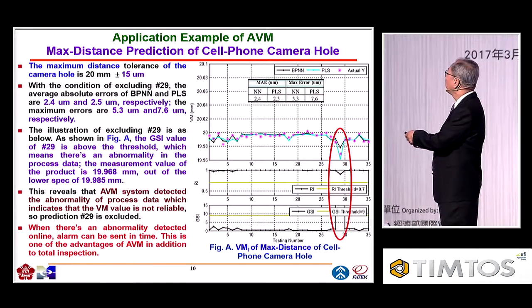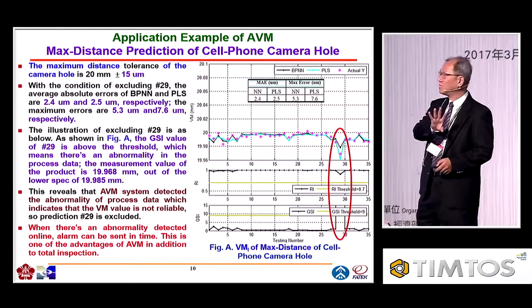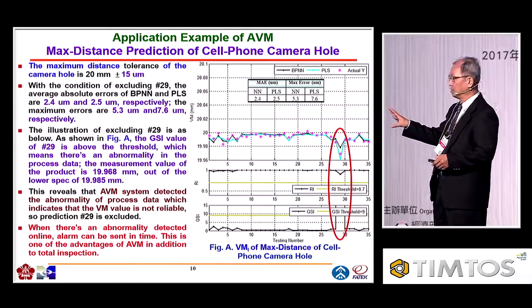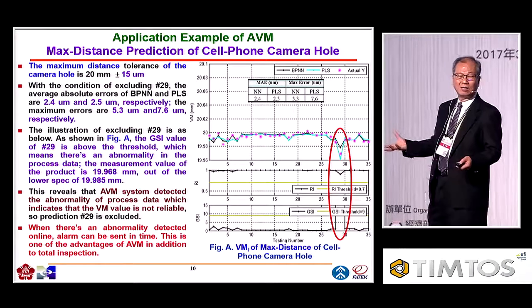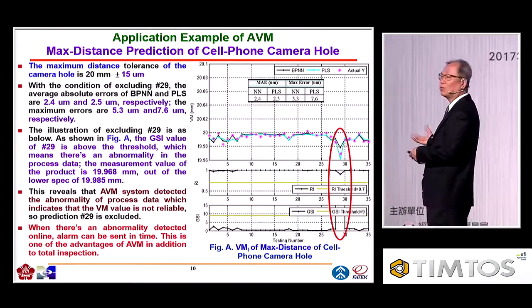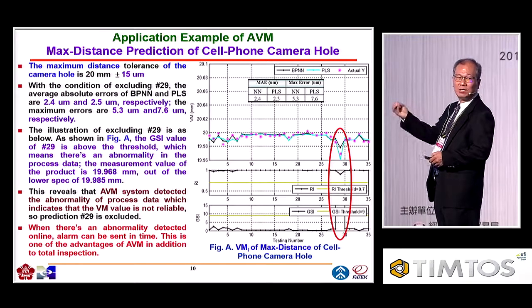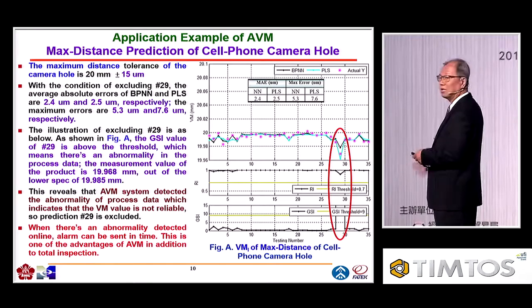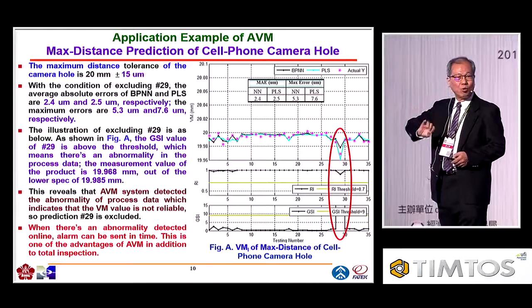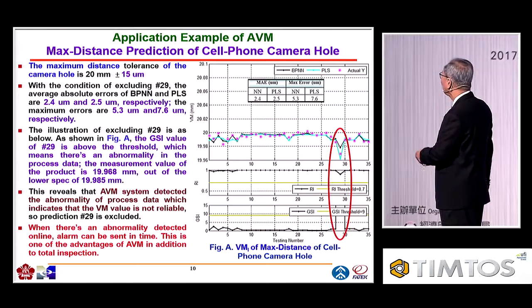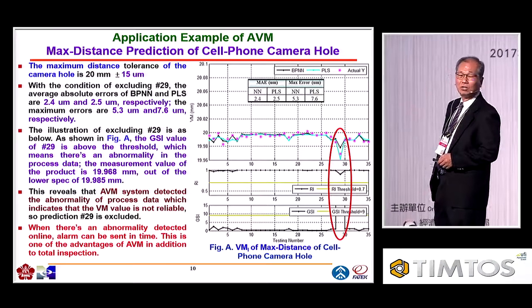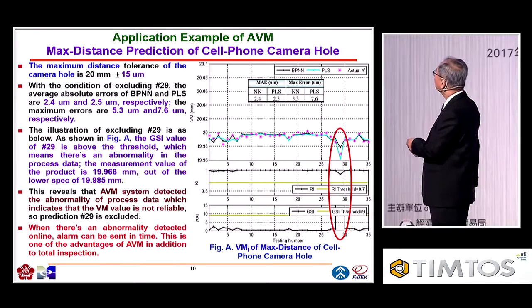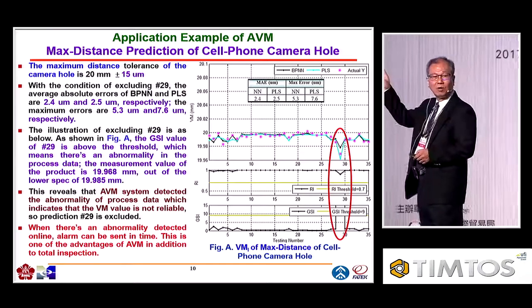In other words, when the system is smooth, when the machine itself is very stable, then the accuracy is about the same as when you really use the real metrology to do it. But when the machine itself has something wrong, you see, we still can detect it. The prediction of this one actually is no good. Don't use it. Actually, this is the real situation of what I demo in the picture.